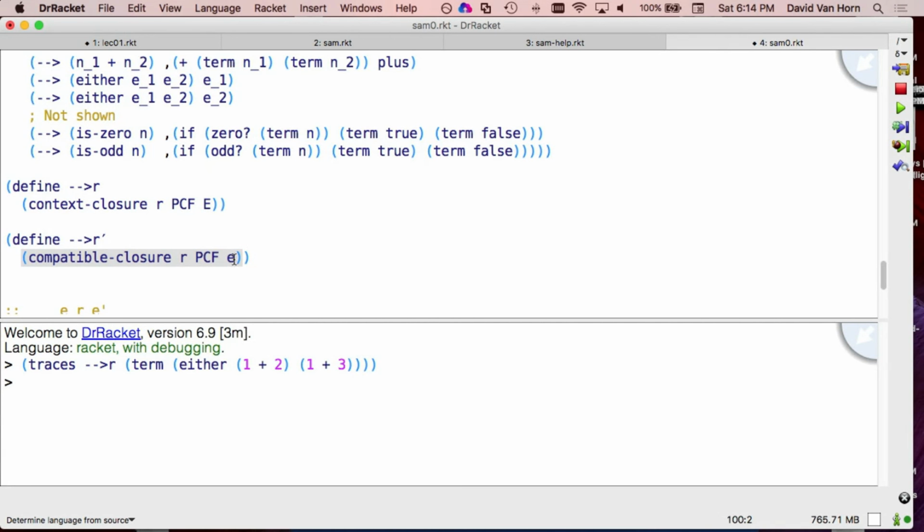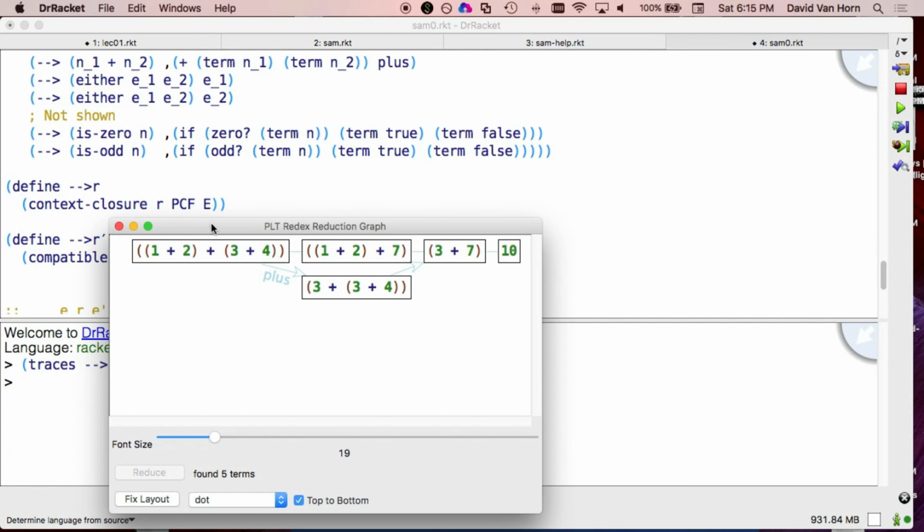This lets you reduce inside of any sub-expression. And now if we look at something like 1 plus 2 plus 3 plus 4, I better do prime here. We'll see